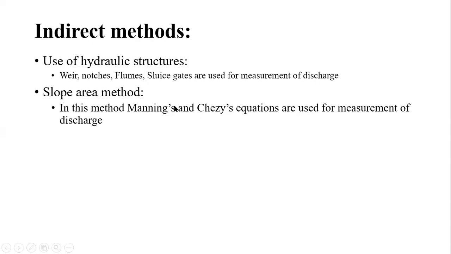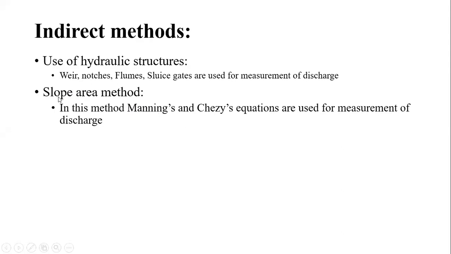Similarly, by Manning's equation क्या है? V is equal to 1 by n, where n is Manning's coefficient or rugosity coefficient, into R raised to 2/3. R is the hydraulic radius once again, that is R is equal to A by P, into S, that is the bed slope, raised to half. So the bed slope is known to us; here we are using the magnitude of the bed slope. That's why we treat it as the slope area method. मीन्स बेड स्लोप का हमने यहाँ पे यूज किया, उसका यूज करके हमने क्या किया, वेलोसिटी निकाला, और उस वेलोसिटी को हमने एरिया से मल्टीप्लाई किया.